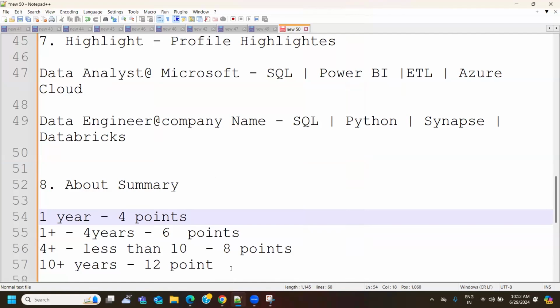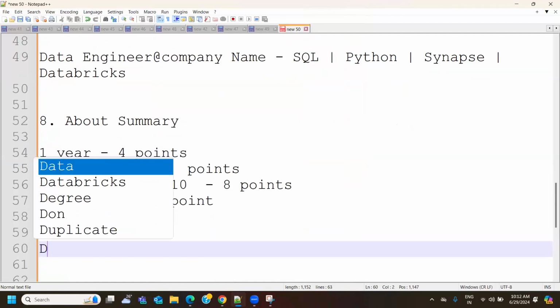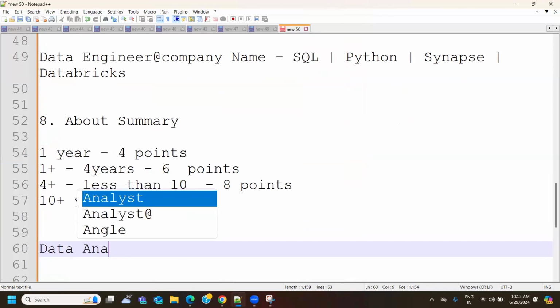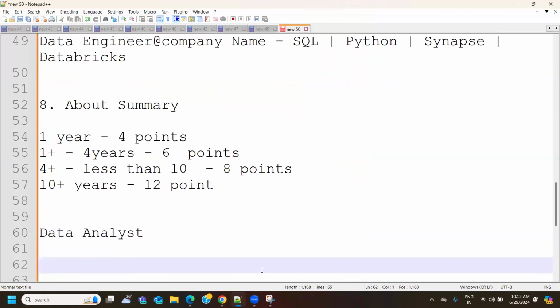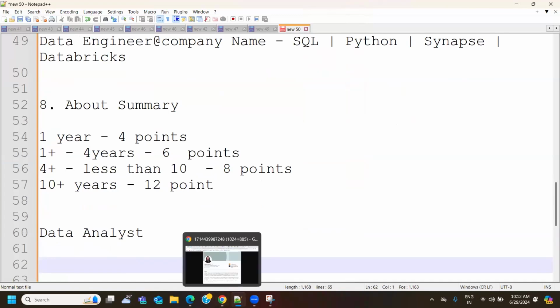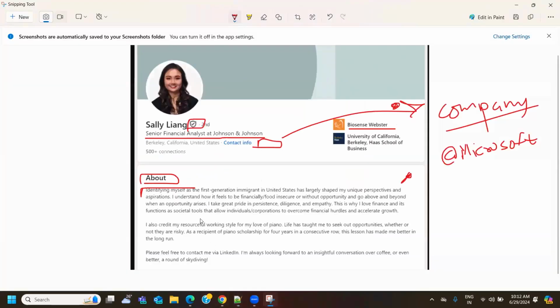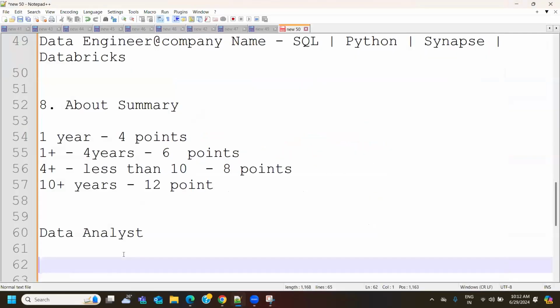Now, what all points can you add? See, for a data analyst, I'll mention a few points so that you can understand how you can mention it. Now, if you're working as a data analyst, let's take this example of what she has mentioned. Identifying myself as the first generation immigrant in United States. Okay, this is from the US and she is a migrant, so she might have moved from one country to a different country. Now for a data analyst, even for a fresher role,